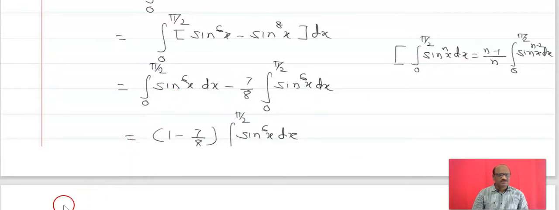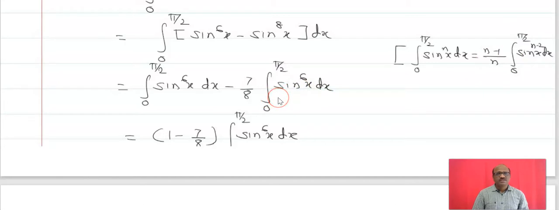if we reduce integral 0 to pi by 2 sin of x raised to 8 in this manner, then you will get n minus 1, that is 8 minus 1 is 7, upon n. N means what? 8. That is 0 to pi by 2 sin of x raised to 8 dx. If we apply this formula to it, what will we get? n minus 1 upon 8, n is replaced by 8. Then you will get 7 upon 8, 0 to pi by 2 sin of x raised to 6.